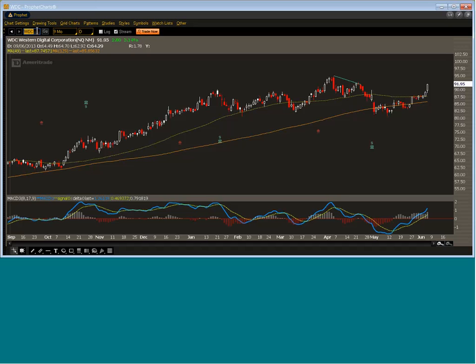I've just been holding it for a while. We picked up about 1.5%, so not a huge return, but it's money in the bank, and money in the bank is always a good thing. The second stock we sold today is